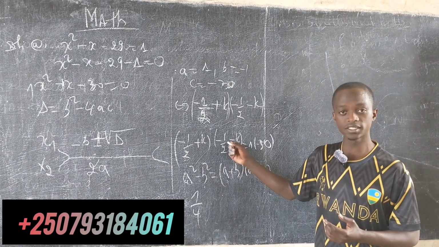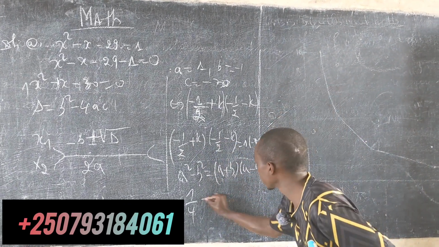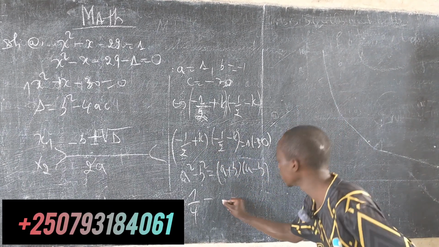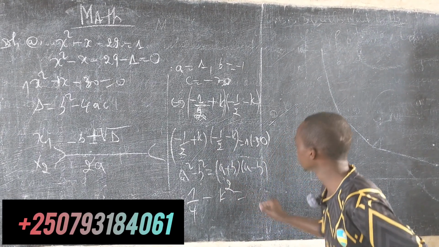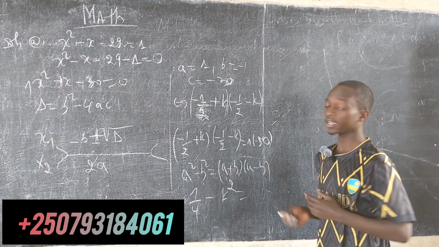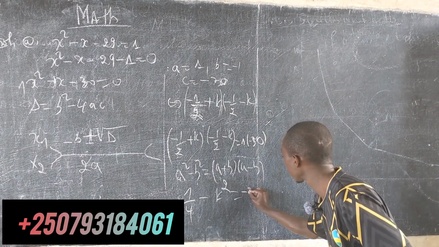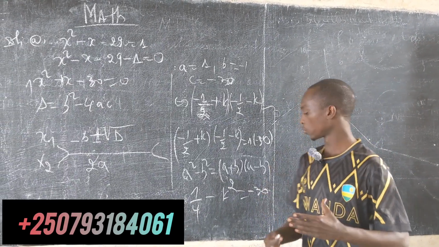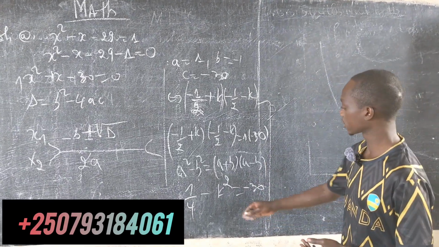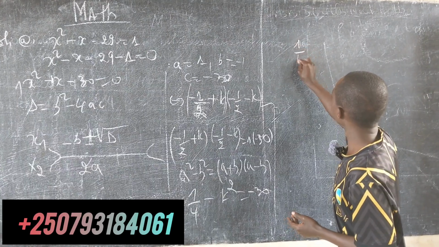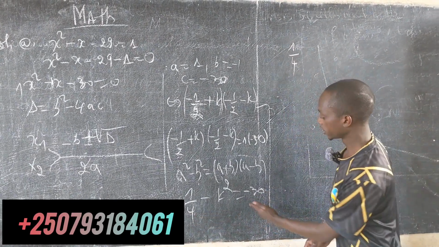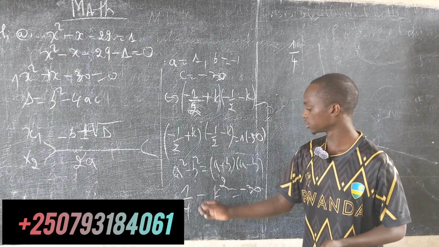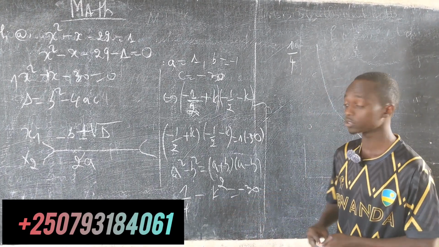Plus times negative is going to be negative, and then k times k is going to be k square, which is equal to 1 times minus 30, which is going to be minus 30. So here we are going to write the correct like terms. Like here I am going to write 1 over 4, and this minus, we need to relocate this to this side, and it is going to be positive 30,